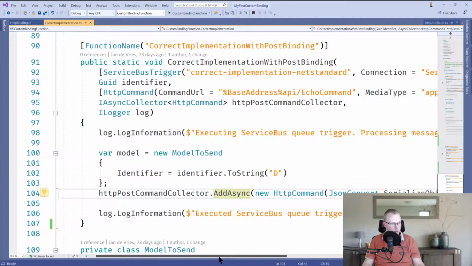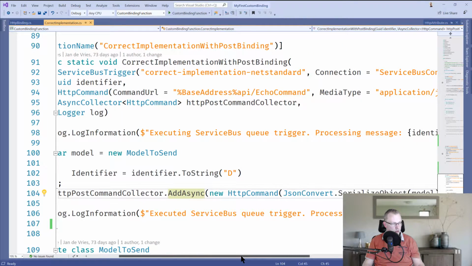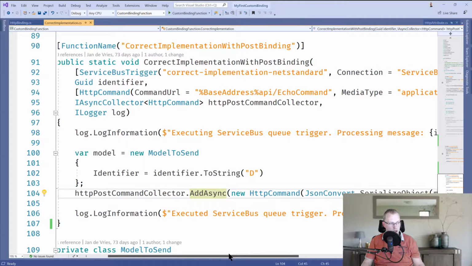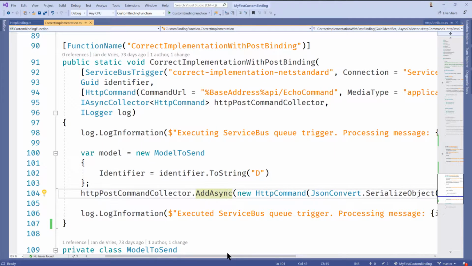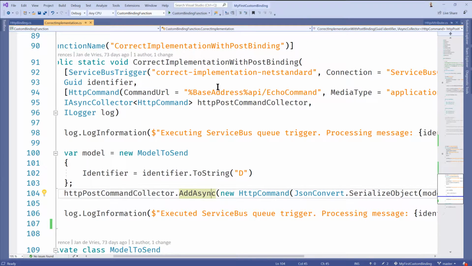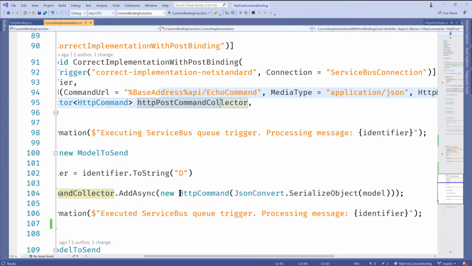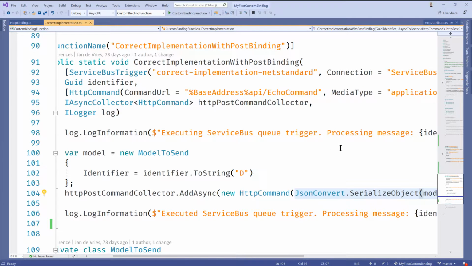At the moment I'm only adding one, but you can add multiple, and once your function is finished executing, it will get flushed and posted to the specified endpoint. So what I'm doing over here is adding a new HTTP command with some content in it, and I'll be posting this to the